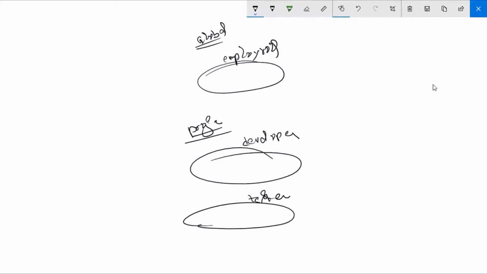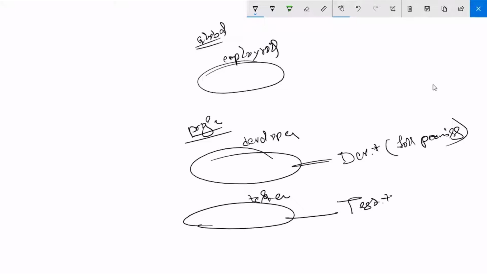For developer, I have given the pattern dev.* with full permissions on those jobs. Here also test.*, full permissions. Here I have given overall read and view permissions.